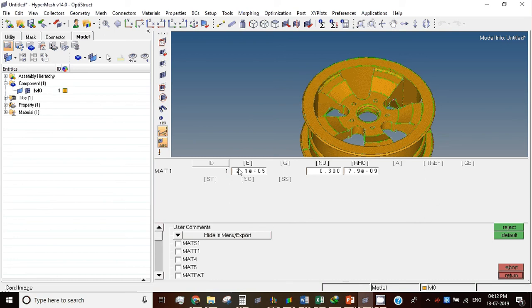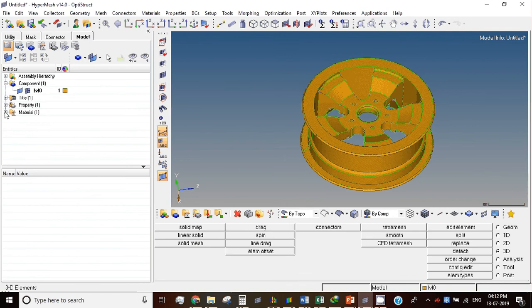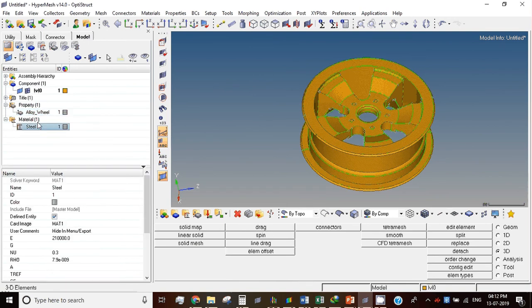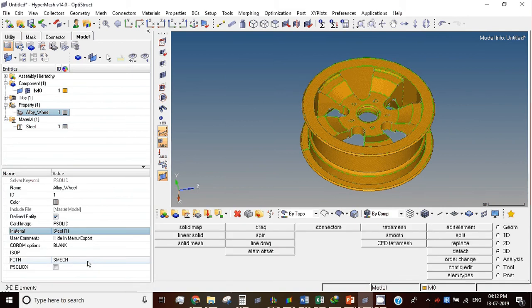Now if I see property, property has been created, material has been put. Property doesn't have the material. Go to the unspecified is there. Click on that. Select the steel. Okay. If you select it, this is now for this whatever I told you, right? Value you can enter how it is in the report. All the values which I am providing in the report you can enter here.